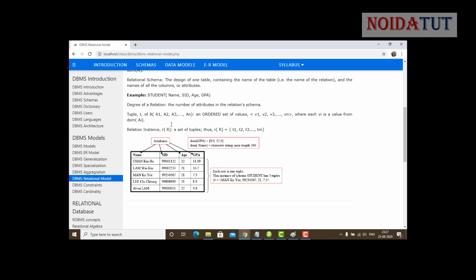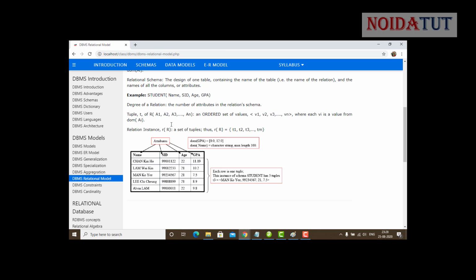In this, Student is the name of the table, in which Name, SID, Age, and GPA are the names of the columns, or we call them attributes. Now the degree of a relation is the number of attributes in a relation schema.